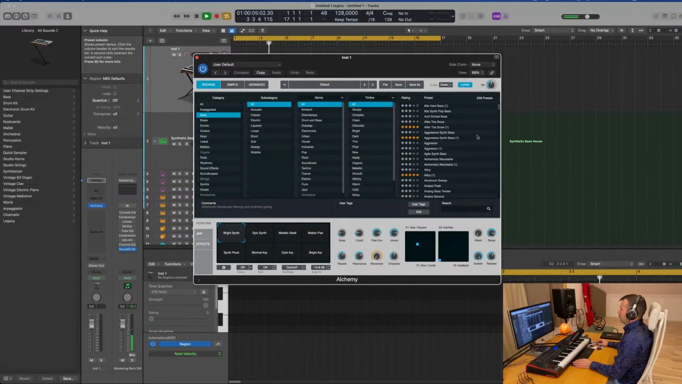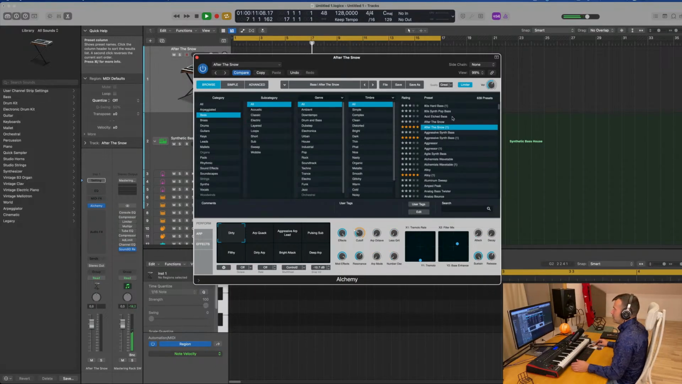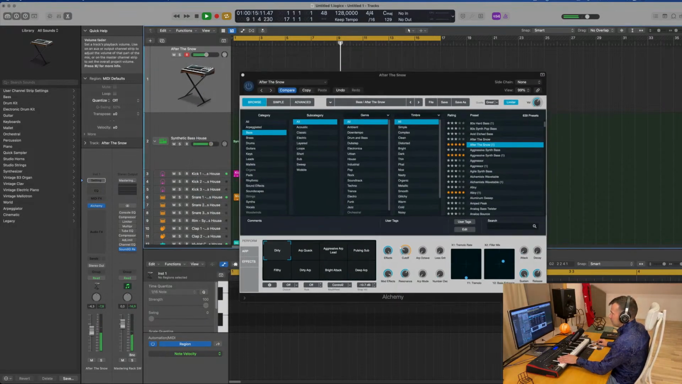I have one bass line that I made that's probably not such a good fit for this. I want a kind of chunky, droney kind of bass. This one is good, however, this